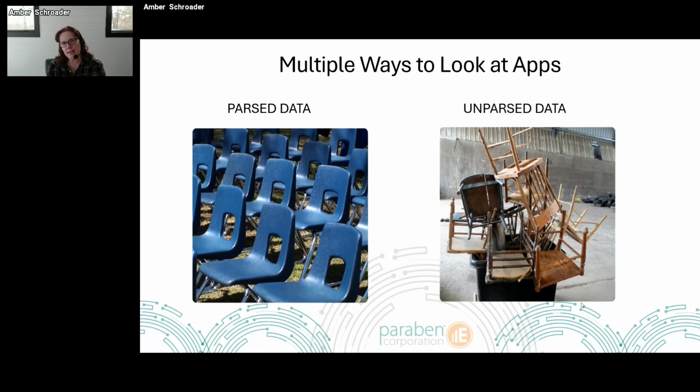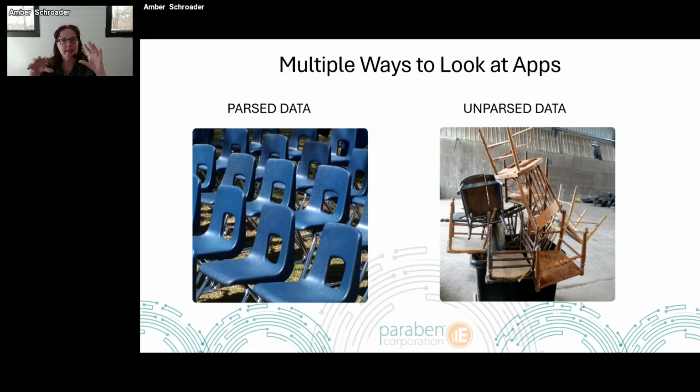Now, the other side of it is unparsed data. Because data is changing so rapidly, specifically with smartphones, because apps are constantly going through different updates, we can end up with unparsed data. It looks very similar to this pile of chairs here. It can represent different apps, so it might represent a Snapchat app, Telegram, or RCS messages. My tool simply wasn't making them parsed and pretty and easy for me to do my analytics. So keep that in mind when you're looking at the two pieces of information.